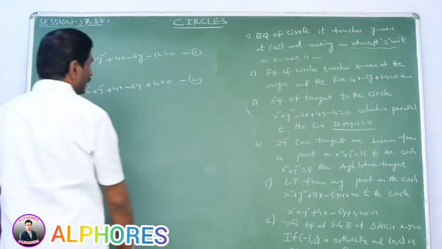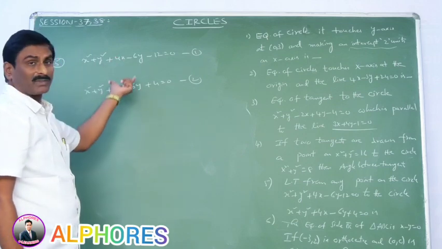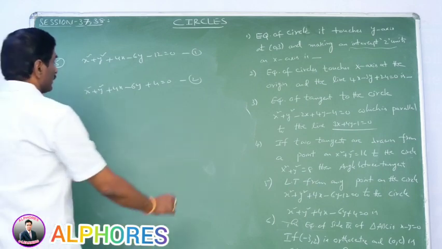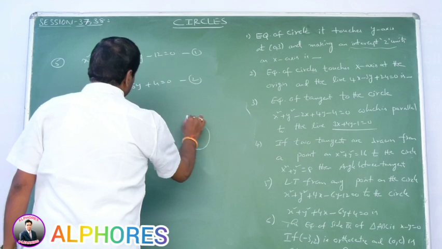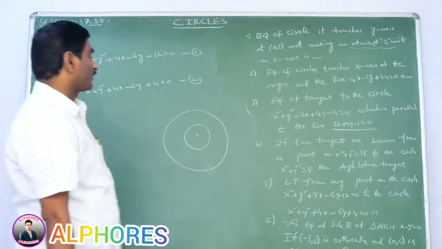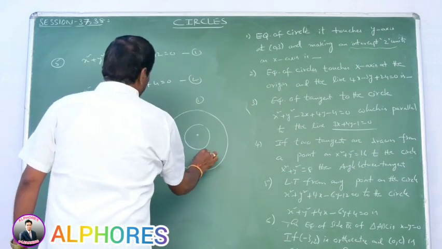Okay. Please observe this point. Here x coefficient, y coefficient, x coefficient, y coefficients are same. That means center of these two circles are same. That means these two circles are concentric. These circles are in this way. Concentric. Okay. Now we find the length of the tangent from any point on the first circle. It is the first circle. It is the second circle.